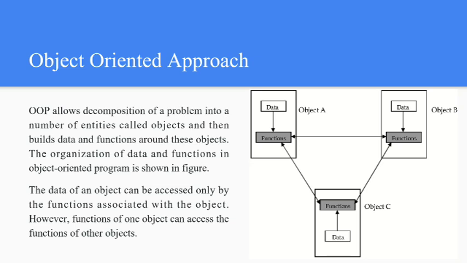So what this basically means is that object-oriented programming allows decomposition of a problem into a number of entities. They divide the problem into smaller objects, such as the problem of having a database of students. They make the class Student and have student objects, and build data and functions around these. The organization of data and functions in object-oriented programming is shown in the figure. So basically what this means is the data is